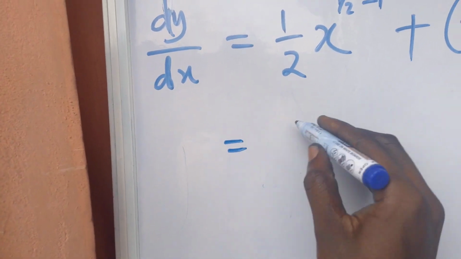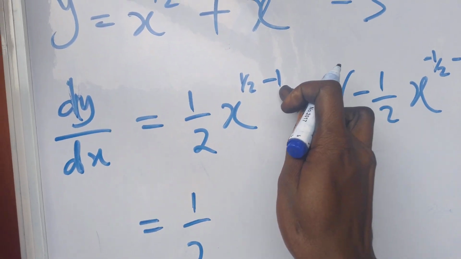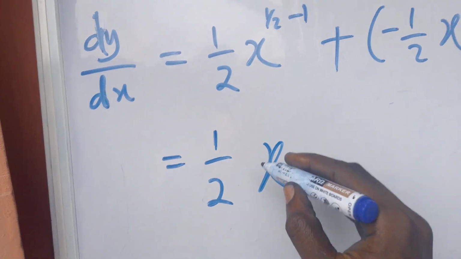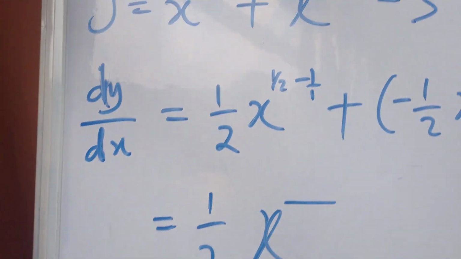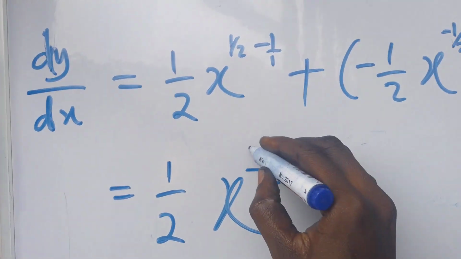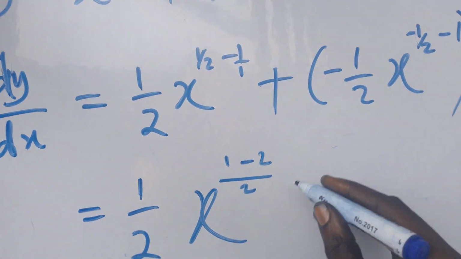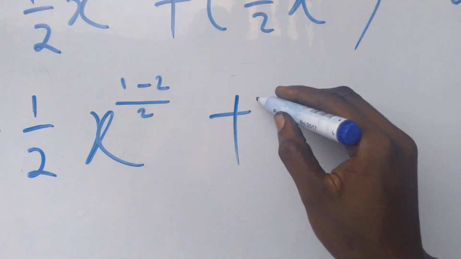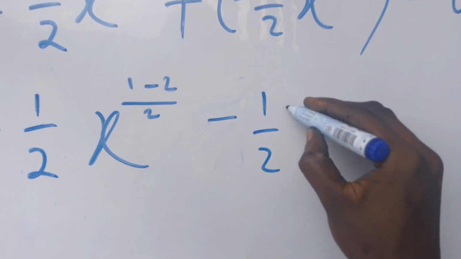So this now will be equal to 1 over 2, x raised to power, taking the LCM of 2 and 1, which is 2: 2 divided by 2 is 1, 1 times 1 is 1, 2 divided by 1 is 2, 2 times minus 1 is minus 2. Plus times minus will be minus, that is minus 1 over 2 x raised to power